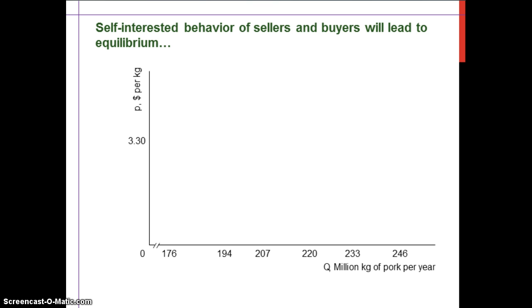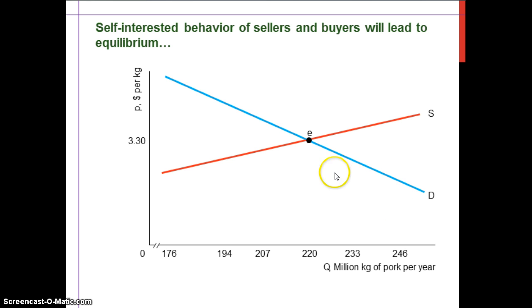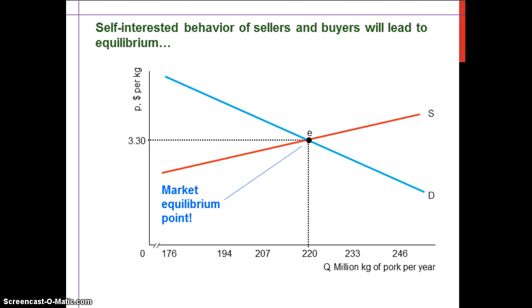This is a core part of classic economics. They theorize that self-interested behavior of sellers and buyers will lead to equilibrium. As we learned, this is the demand curve, which represents the willingness of consumers to buy goods. And this is the supply curve, which represents the willingness to produce goods. And here is the equilibrium. In this graph, market equilibrium is achieved at a price of 3.30, and the quantity is also